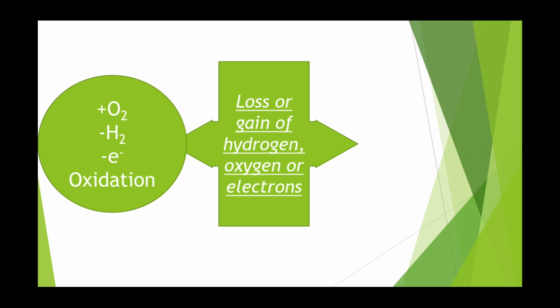During a chemical reaction, if a reactant gains or accepts oxygen, then the reaction is said to be an oxidation reaction. In the same way, if a reactant loses hydrogen or loses electrons, it is also called an oxidation reaction. Here you can see, if in a chemical reaction either oxygen is gained, or hydrogen is lost or removed, or electrons are lost, this type of chemical reaction is said to be an oxidation reaction.